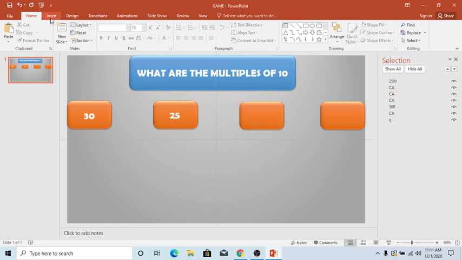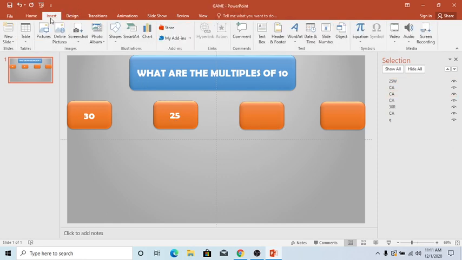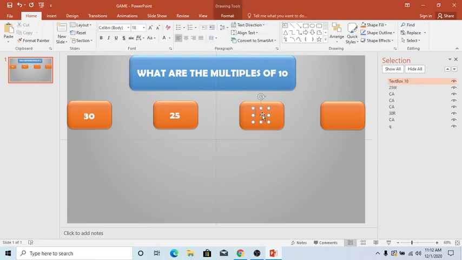Now again in a similar manner we go to the next shape, go to insert text box, and draw a text box. Here again we have to add a number, so let us add the number 59.